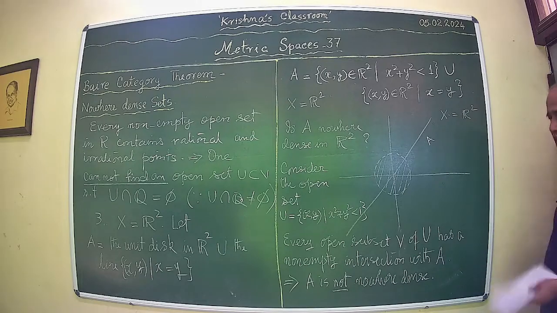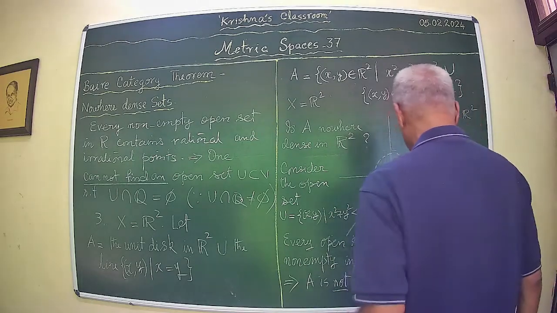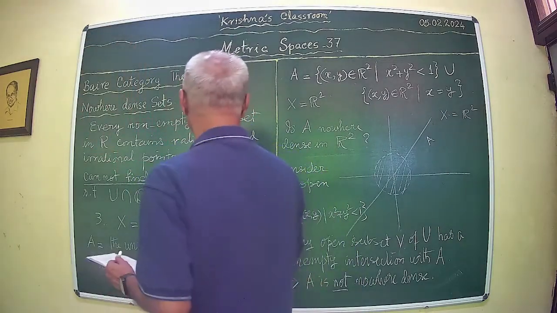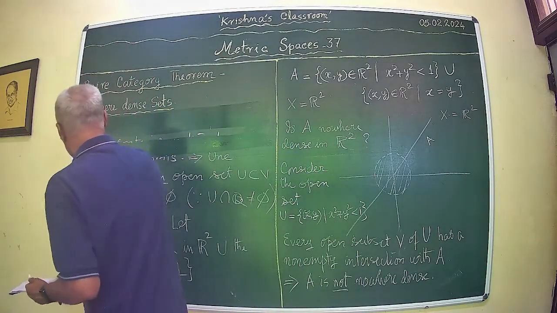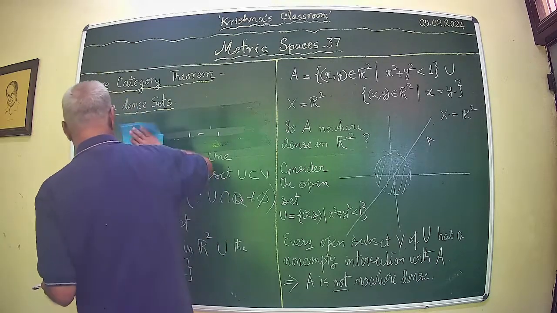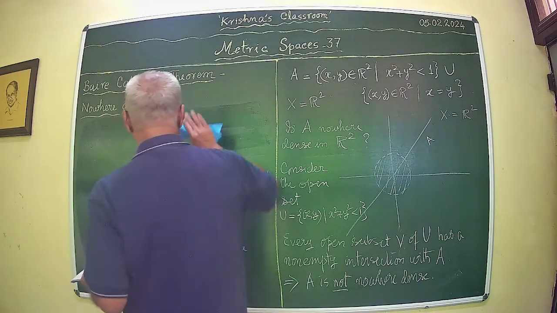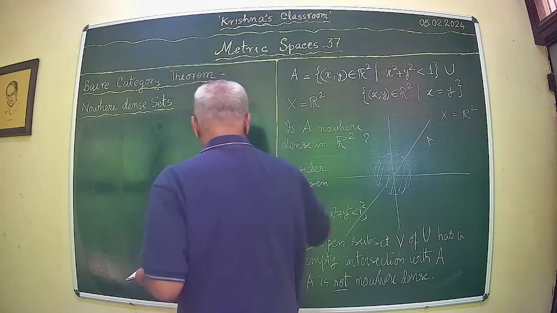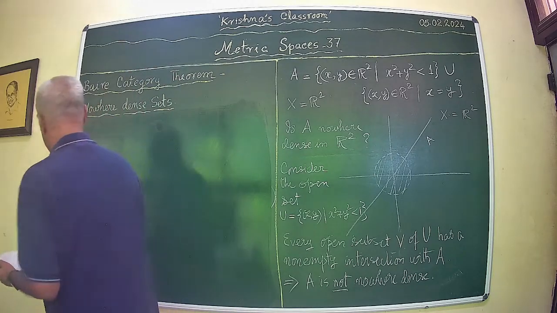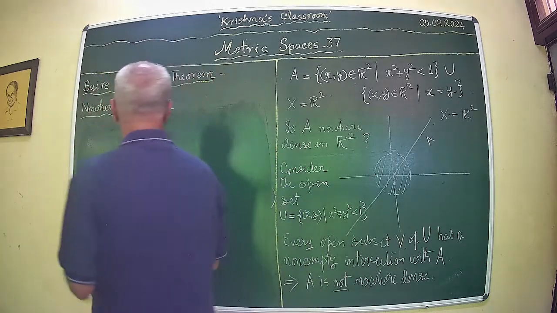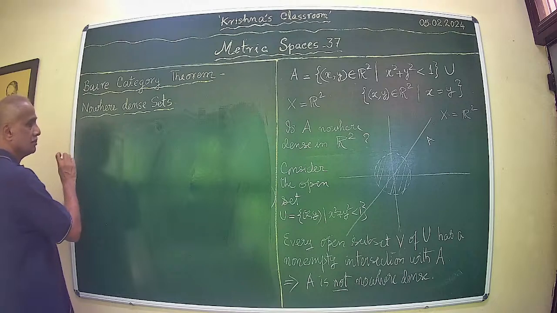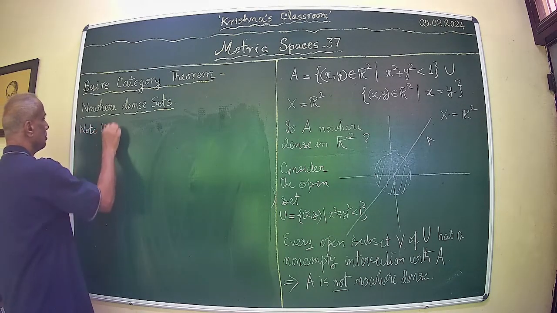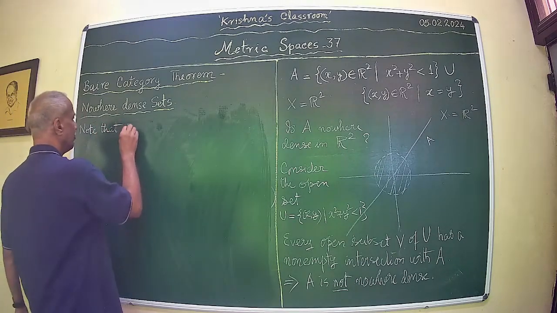That is, it is somewhere it is dense. Okay. The negation of nowhere dense is somewhere it is dense. Note that the negation of